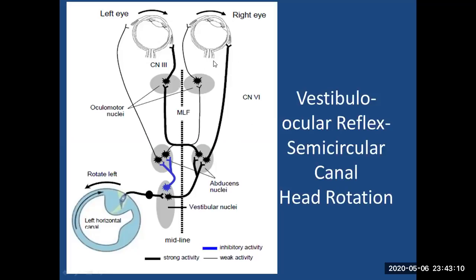To revise the same, just focus on this dark line: right lateral rectus and left eye medial rectus. These both are stimulated. Their stimulus reaches the abducens nucleus. From there, it reaches the vestibular nucleus on the opposite side and stimulates the horizontal semicircular canal, and that generates the response. Here, inhibitory nucleus fibers reach the ipsilateral left eye lateral rectus, and it crosses over to the right eye medial rectus, which has an inhibitory effect.